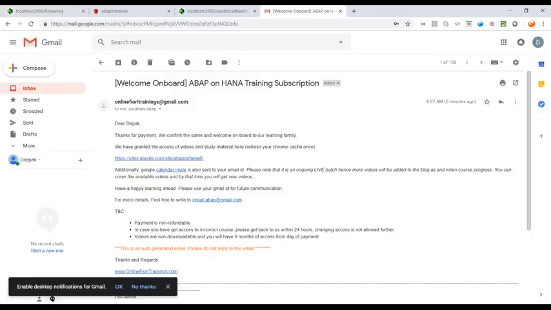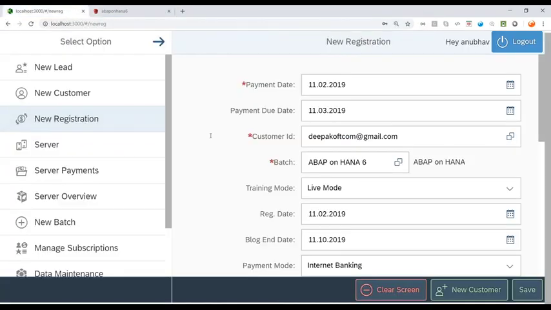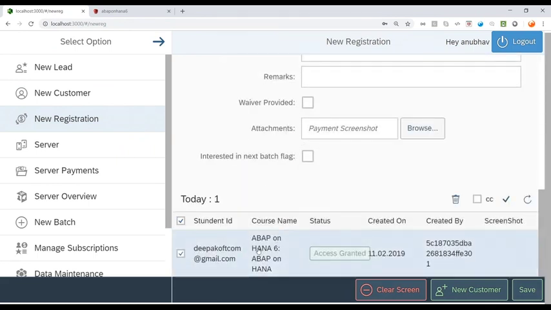Complete integration is being done. You see, this email is auto-generated now. We don't generate it, and we are also integrated now with the bank API. So whenever a payment hits our bank account, a bank API event gets triggered, and with that, this entry gets created automatically in the software, and the email is also sent automatically. Zero manual intervention, completely based on bank API, machine learning, event driven, JavaScript, Node.js, MongoDB, and no ABAP stack here. Gmail integration, lots of integrations in place, and all the data is getting stored in the cloud